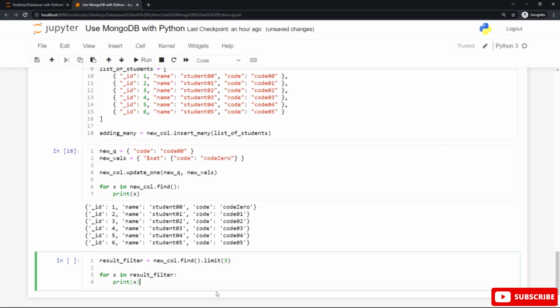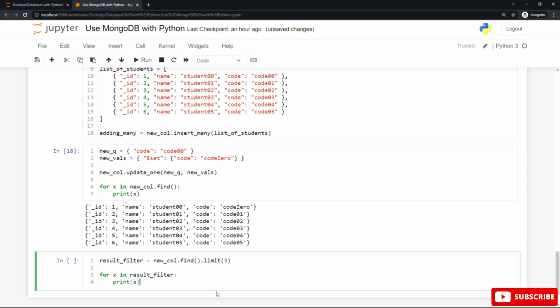New call refers to the collection, followed by dot notation, followed by calling the find method, followed by the limit method, and inside the round braces of the limit method, the number defining how many documents to return. We also assign this operation to a variable.